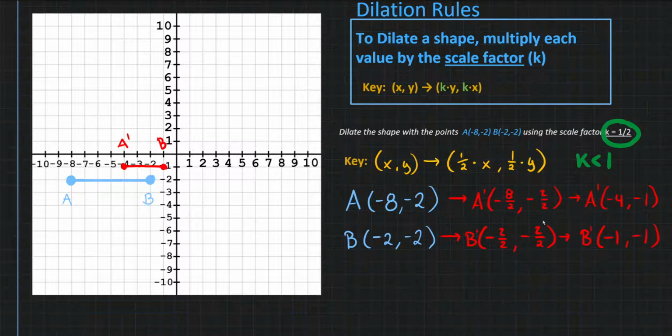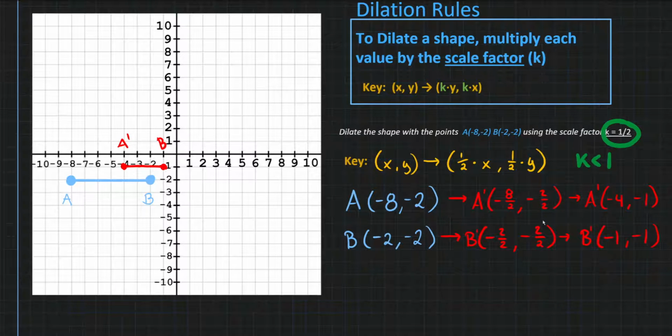All in all, why is it important to know if my shape's going to get bigger or smaller? It's really just to double check our answers. If I multiplied by 1/2 and then I got a shape that was bigger than my original, I would know right off the bat something is wrong. So if we can keep that in our mind, it might help us from making little itty-bitty mistakes. Maybe I flipped the fraction, or maybe I didn't divide. In any case,